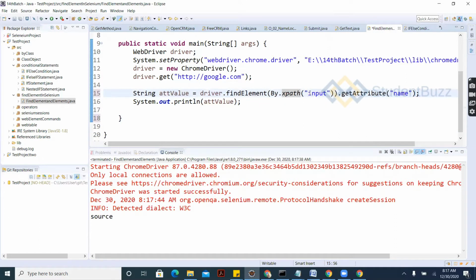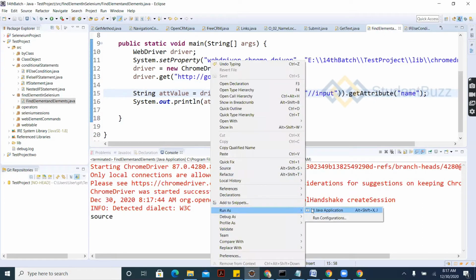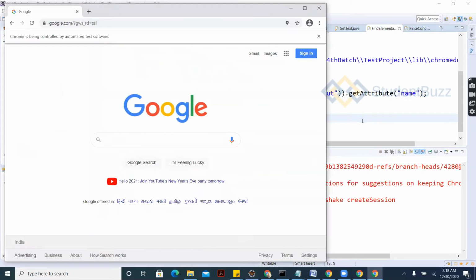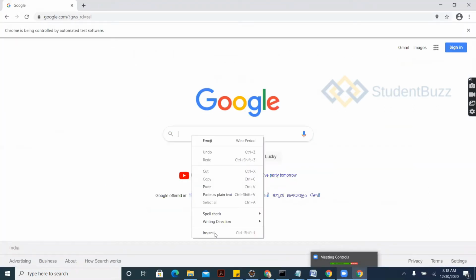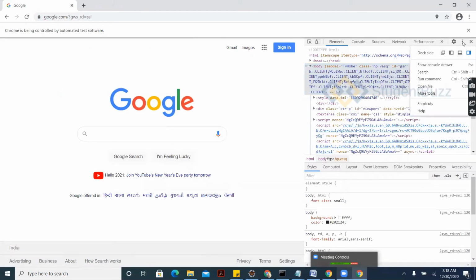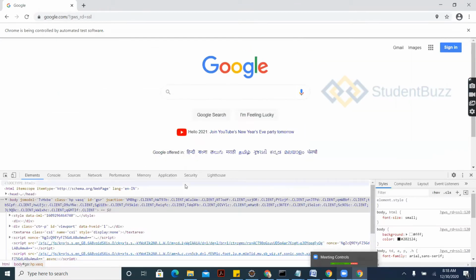Let me try this. It is printing the same. It actually has to print this particular element. I don't know why it is printing this second one. Let's find out in the browser which is opened by Selenium itself.